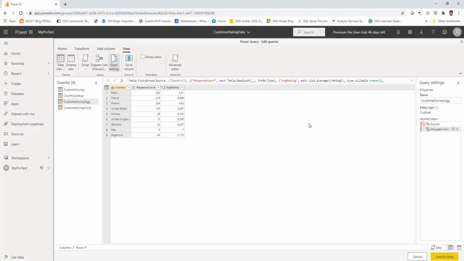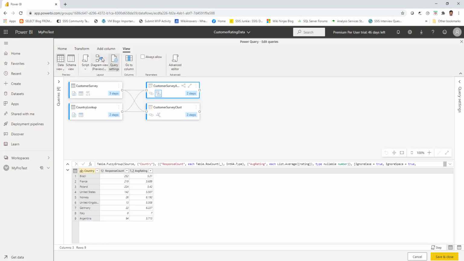But since this new change came, it has become much easier for us. If you just go to diagram view and click on it, you will have 2 options: one is the step labels and another one is the step names. You can choose any one of them. Currently it is chosen as the step labels, and if you click on that to enable the diagram view, you can see that immediately you will get this type of view for those entities. This is much easier to visualize because it's shown as diagrams, and inside each of them it will show the same steps again. Because it's using a visual, it's much easier for people to immediately understand.